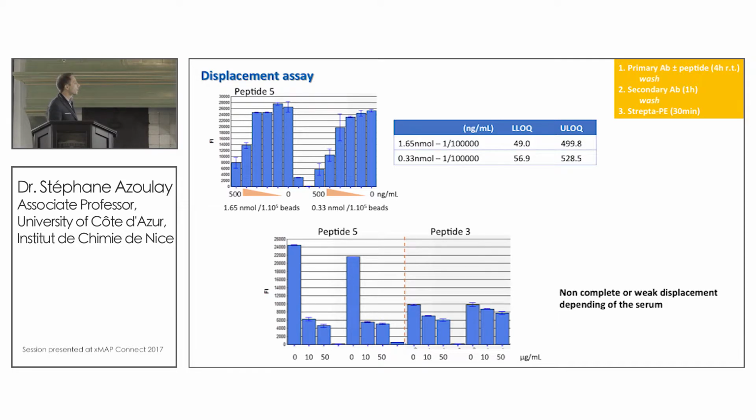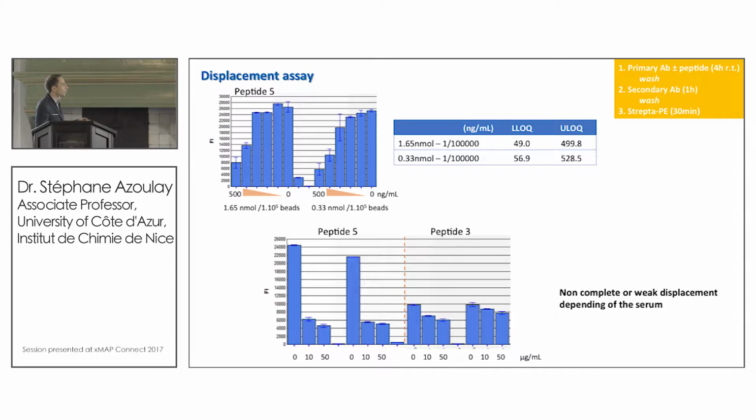The first assays were a little bit disappointing because we found an LLOQ of 50 nanograms per ml. We were used to developing a lot of ELISAs in the lab, and generally speaking, the first assay was far better. But anyway, what surprised us is that even at high concentrations,